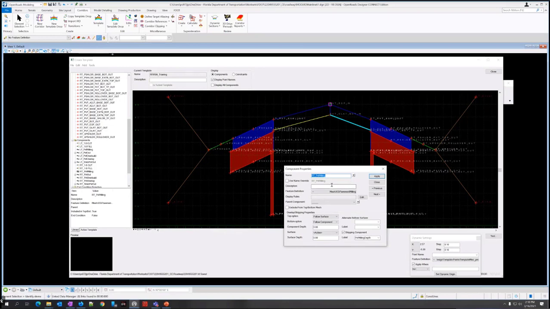So we're going to just make sure the settings are right here. The bottom needs to be follow component. It looks like it already is. And the top needs to be follow surface. Then if you notice here, this is set to the active surface. So this is good to go, but it's just worth checking the settings.